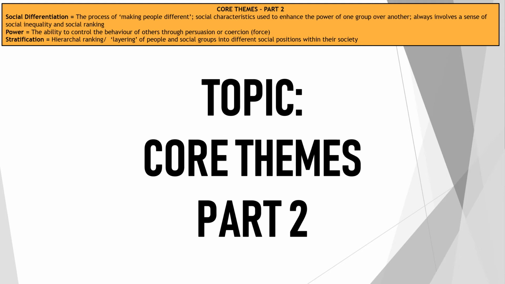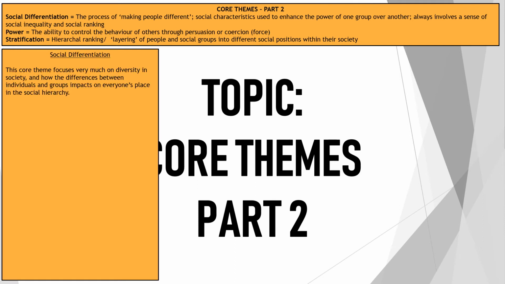And then lastly, we have stratification. Stratification is the hierarchical ranking or layering of a group into different positions. So if we look at these 3 concepts together, you may socially differentiate a group of people based on your hair color. You then layer and rank them. So you maybe put the brunettes at top, then it's blondes, and redheads, and people with black hair. You would organize that group based on their hair color. That's then stratification. And obviously the element of power would be, for example, if the people at the top of the hierarchy have more power than those at the bottom of that hierarchy.